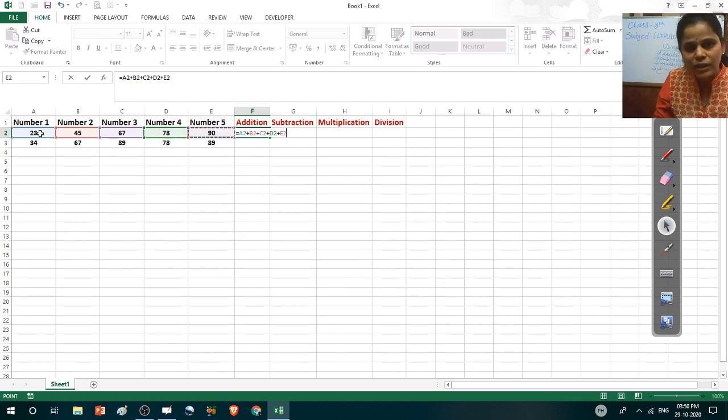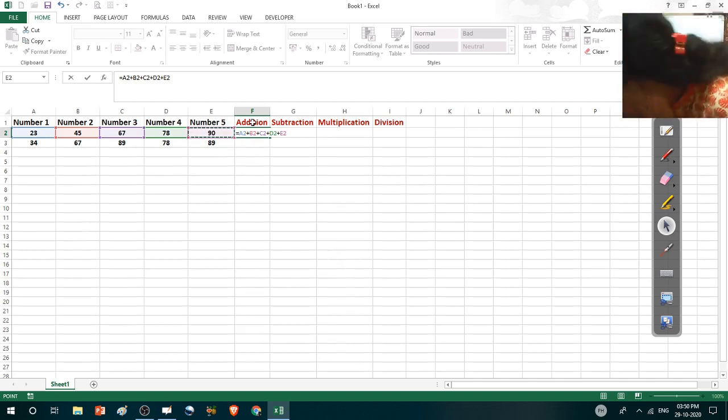If we want to add these 5 numbers and get the sum in that cell, just write the formula: equals, then the cell addresses A2 plus B2 plus C2 plus D2 plus E2.